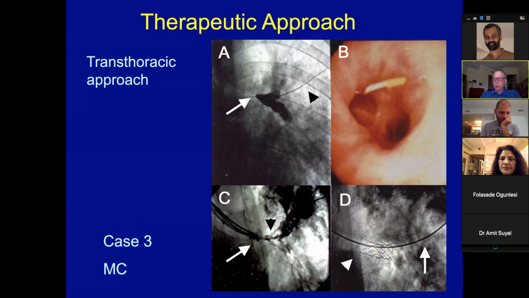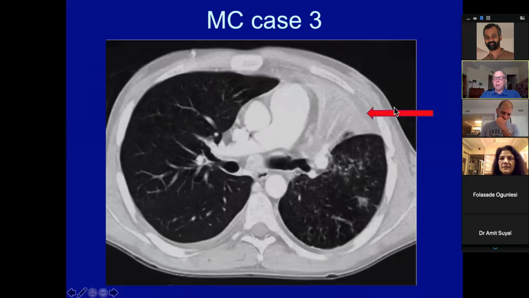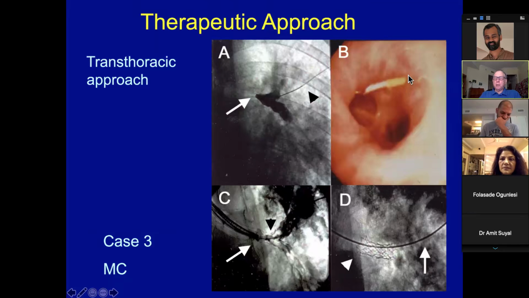With the knowledge that there was a bronchus there, David went on and took the young man to radiology. And I still don't understand how they did this feat, but they went transthoracically with a catheter, and then they defined the bronchus by contrast. They were able to go in, inject the bronchus with dye, and what you can see here is the point of obliteration. So this point here would be this point here that is obliterated.